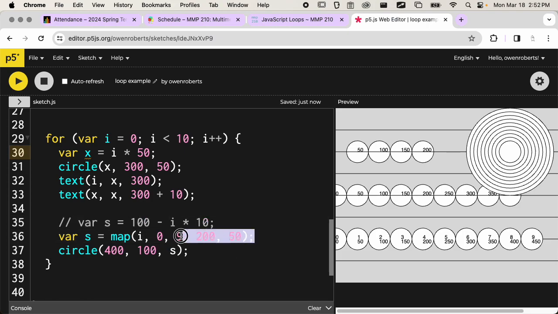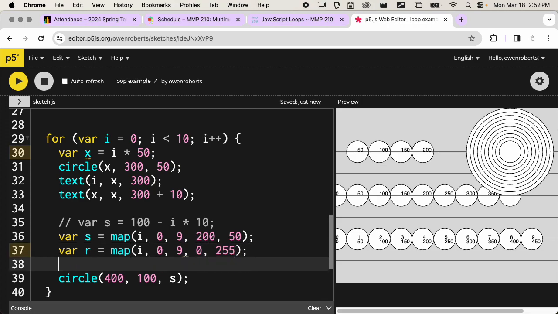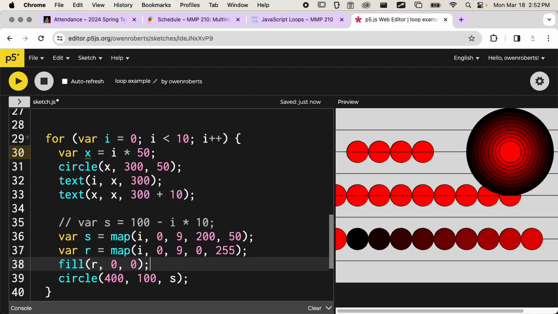An easier thing to do is just map the value that we have in the range that we have to a different thing. We could also do color. So I could say r is map i from 0 to 9, and we could map it from 0 to 255, and then fill r. Okay, so we get a little bit of a gradient now because we're changing the fill as we go. And this is affecting everything else, so let's